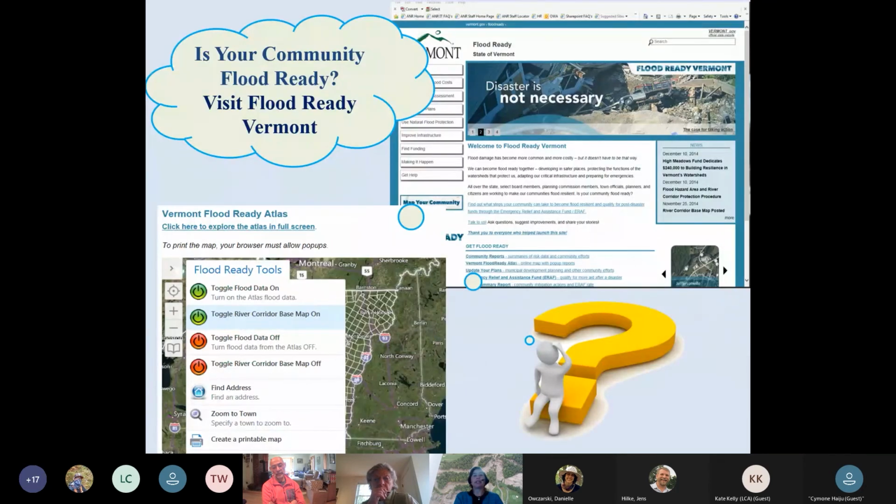We touched on this a little earlier, but also to assist communities and planners, the flood resiliency page was created. By better educating the larger Vermont community about risk around flooding and how they can become more flood resilient, there is a better chance that support will be there for taking action. I encourage you to explore the site if you've not already.